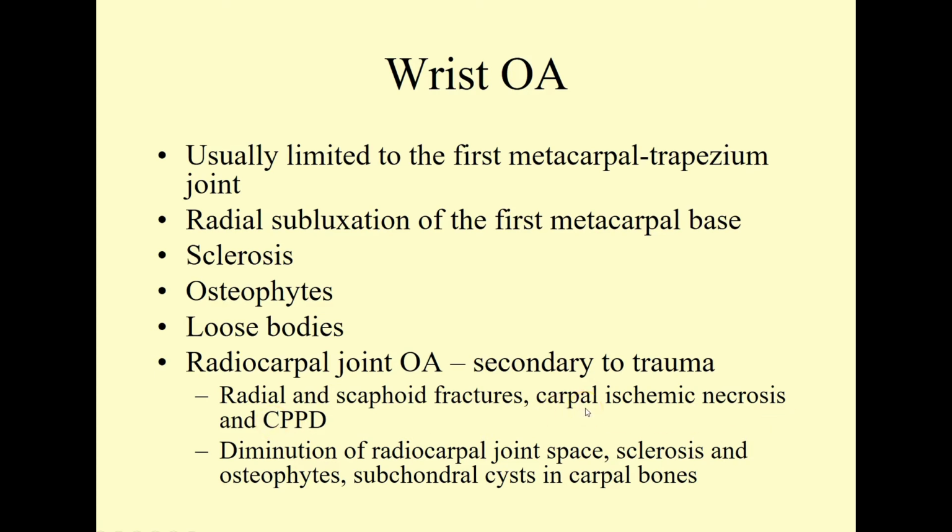We also can see post-traumatic carpal ischemic necrosis. Sometimes we can also see scaphoid fracture where the pole has been separated from blood supply and it undergoes necrosis. Decrease in the radiocarpal joint space. Boy, you really do have to be fairly experienced to appreciate that. But you can usually pick up on the sclerosis, and by God, if you see osteophytes, know that you're in the DJD environment. Subchondral cysts are possible. I have to say, I appreciate them more often on CT or MRI studies of the wrist,